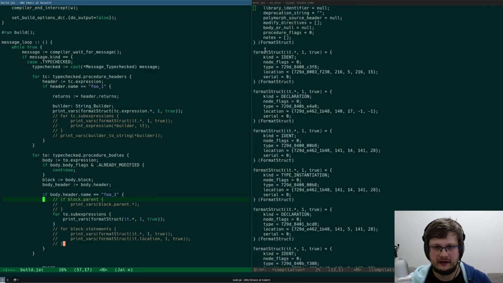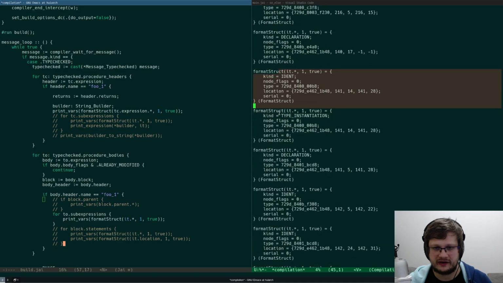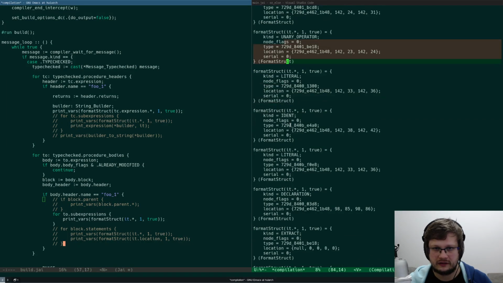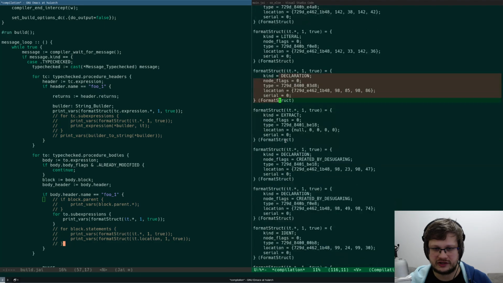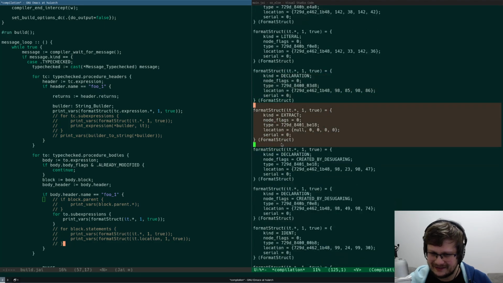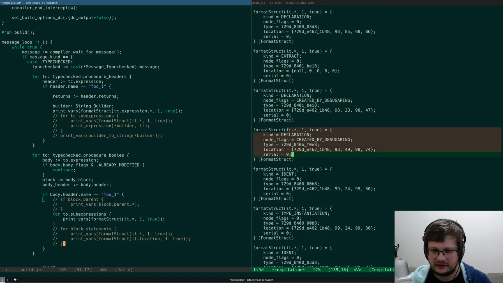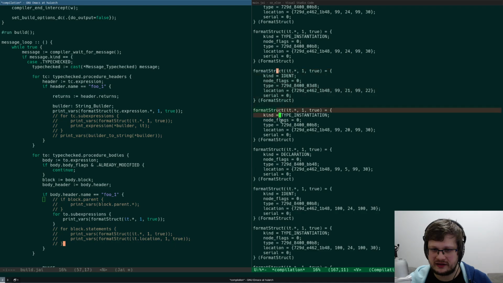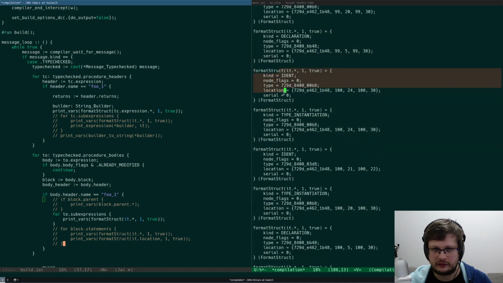Yeah. Identifier, declaration, identifier, type instantiation, declaration, ident, unary operator, ident, literal declaration, extract, created by desugaring. I think this is everything that is inserted by the macro.